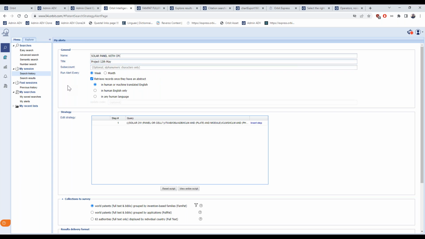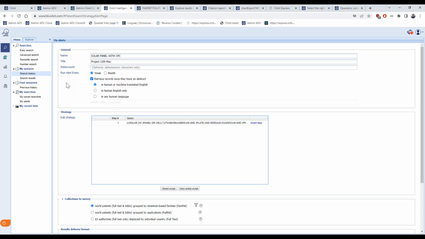Then something that is not really clear, and many users asked the support about clarifications, is run alert every week or month. This is to set the notifications. So do I want to receive notifications every week or every month? It's just about the delivery of a notification, not about the monitoring.